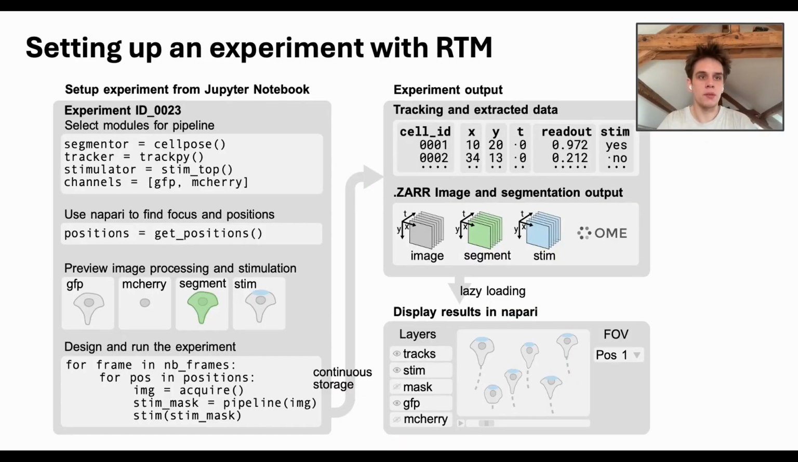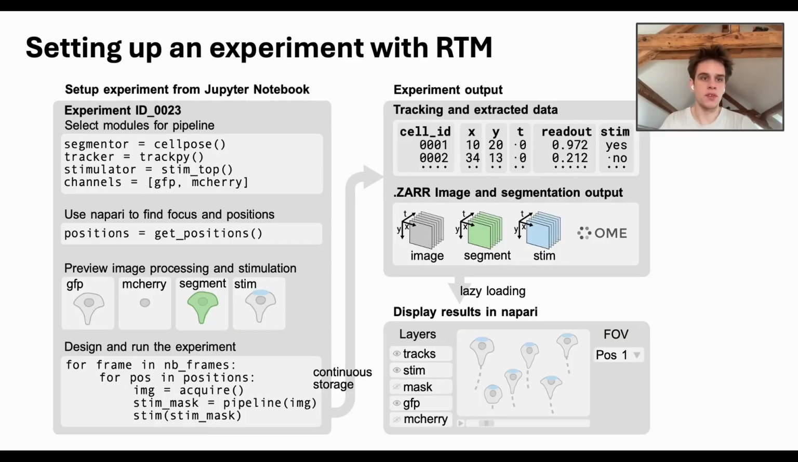As promised, a bit more detail about the Jupyter notebooks that we use to set up the experiments. It's a very modular pipeline. You can choose different segmentation tools, different tracking tools, and which channels you want to stimulate. Then we use Napari to find good stage positions. We read them into the notebook. We preview all the processing steps, the segmentation, a preview of the stimulation regime, and then we run the experiment